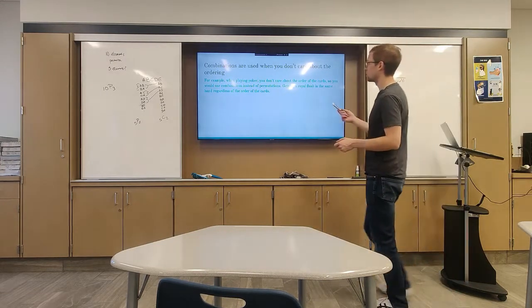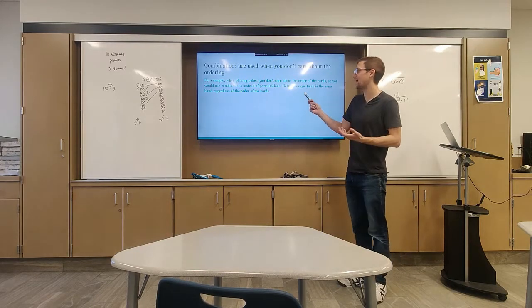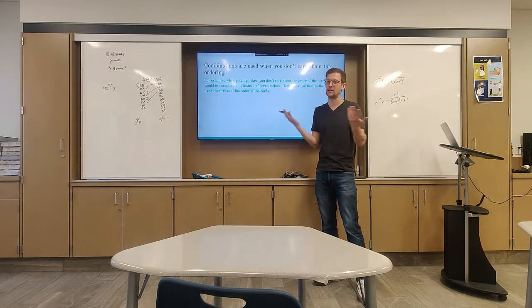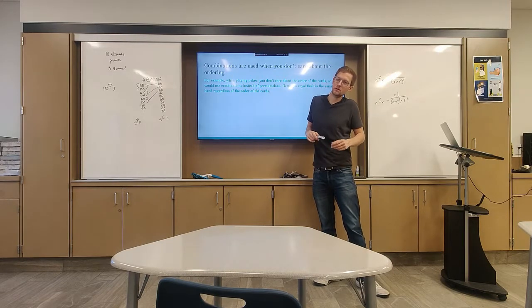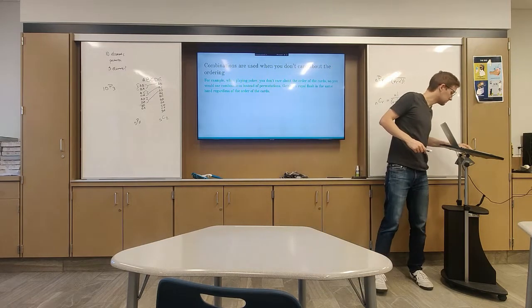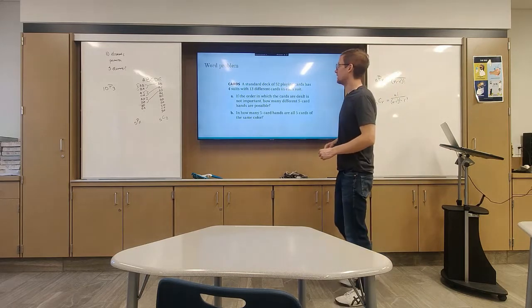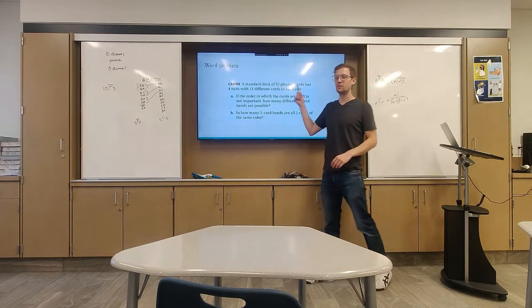So for example, getting a royal flush is the same hand regardless of the order of the cards. So it will be 52C5. Next slide. So, if we have a standard deck of 52 playing cards,